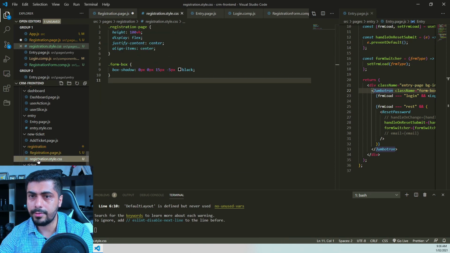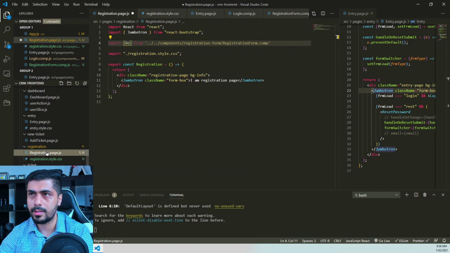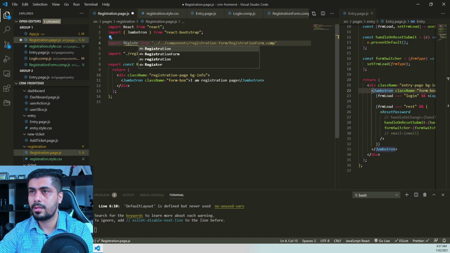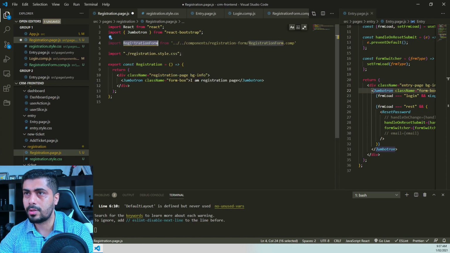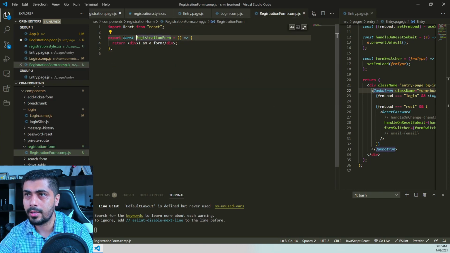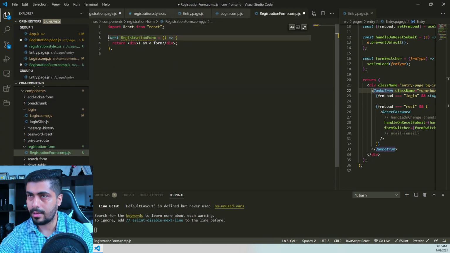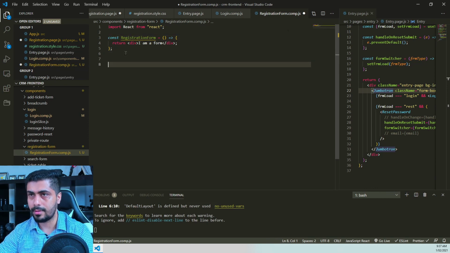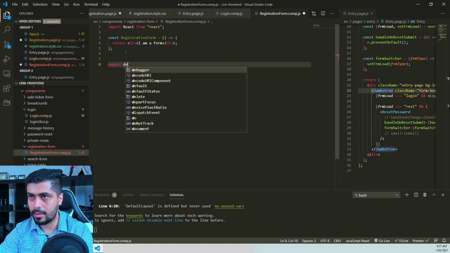Actually, I want to do it default, so I want to make sure this one is the export default in this file here. So export default